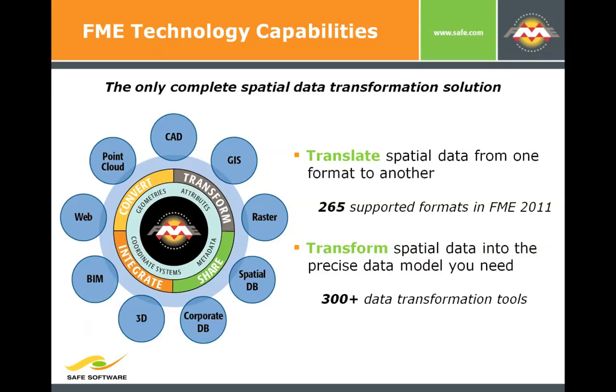The FME technology capabilities allow us to do a wide range of transformations, and that's in two parts. We've got the actual idea of translating between formats, and we support well over 200 formats now in FME 2011. And within that, we also have a wide range of transformation tools, 300 plus data transformation tools in our FME Desktop product. The reason that transformation is such an important part of the actual translation is because within the spatial realm,